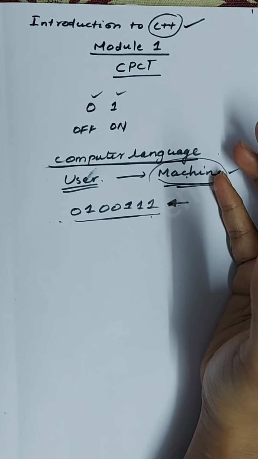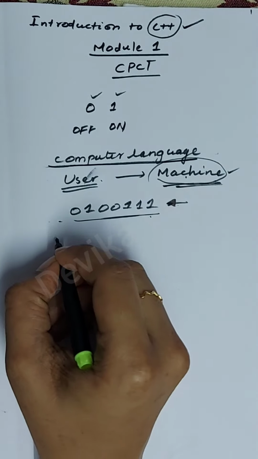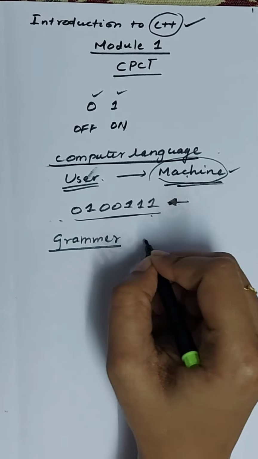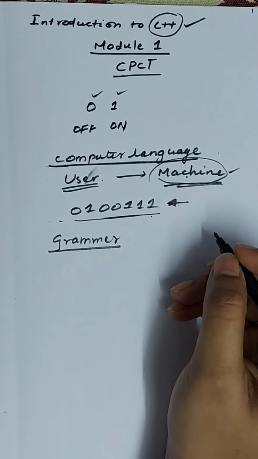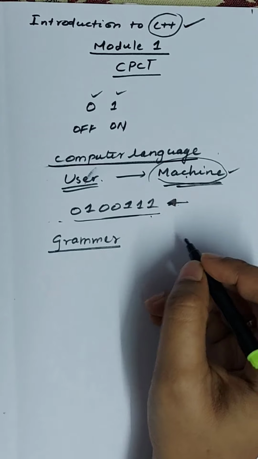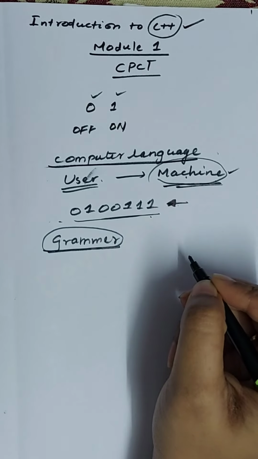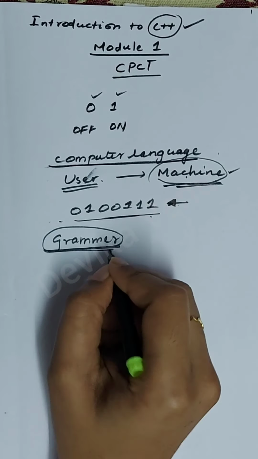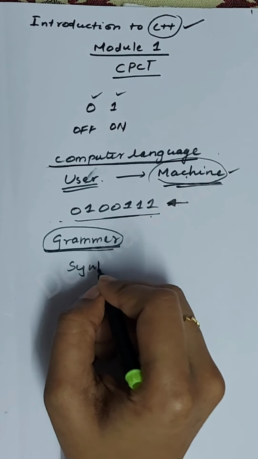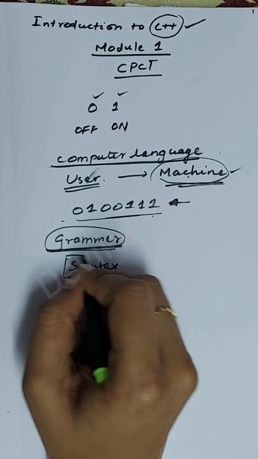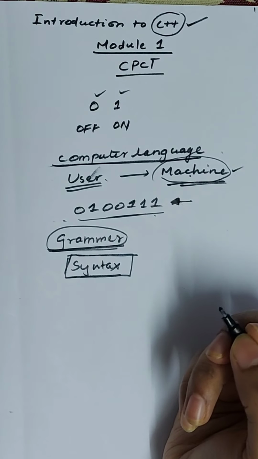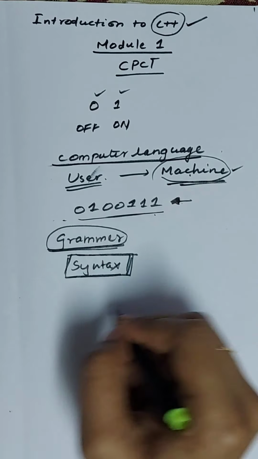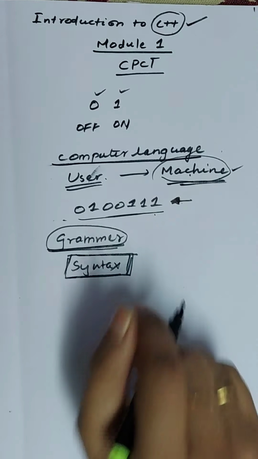For any language, we have some syntax, or a grammar, isn't it? You have to properly go with the grammar if you want to write a sentence in English, or in any language. Just like that, instead of the term grammar, we use syntax in computer programming. Syntax is the rules, the law, we have to follow when we write a computer program.